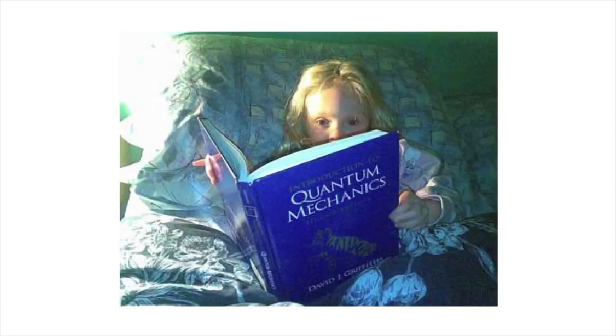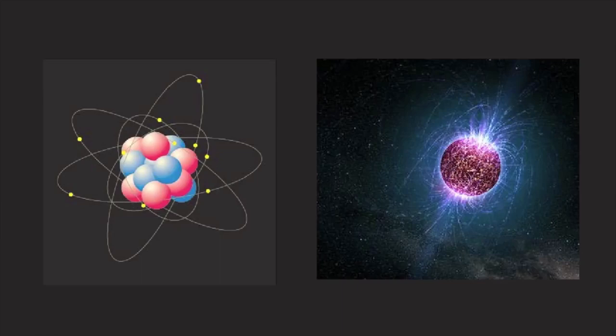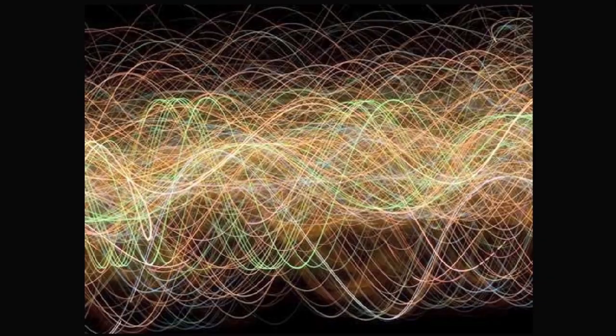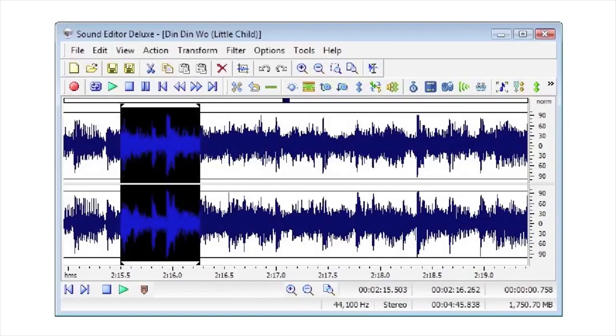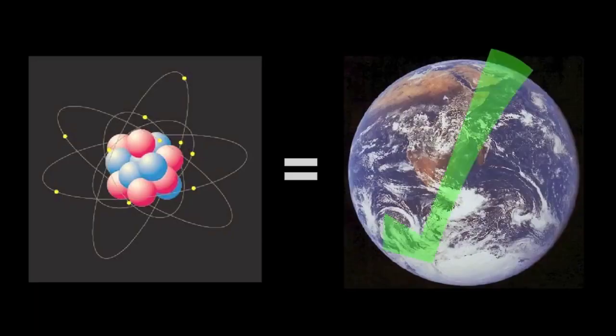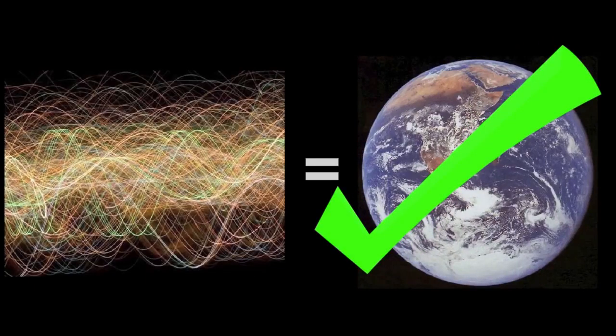Quantum physics and quantum mechanics looks at everything in the reality in one of two ways. You can look at anything, like the computer you're watching this video on, to be made up of tiny particles like atoms. Or you can forget about that idea completely and look at it as a vibration, a waveform, such as electromagnetic fields or even sound. If you look at it as atoms, the laws can be seen to fit that model. But if you look at it as waveforms, the laws can be seen to fit that model.